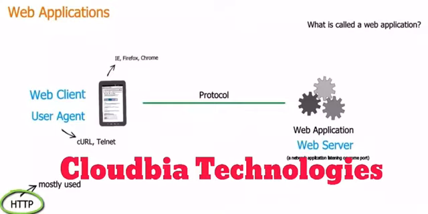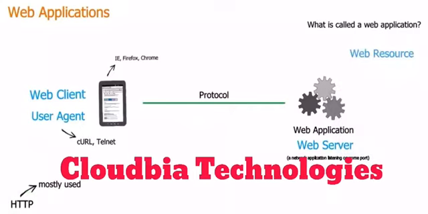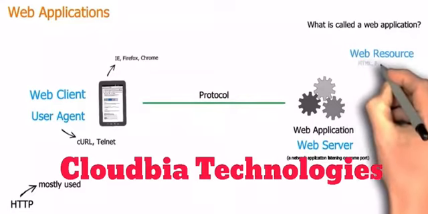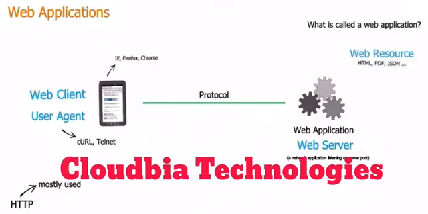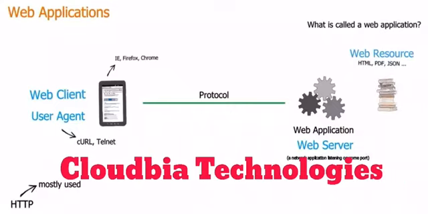To understand the HTTP protocol, let's start with what is called a web resource, or a resource as commonly said. A resource is a document, like an HTML document or a PDF document or a JSON document or an XML file, or any kind of document which is hosted by a web server, or in other words,